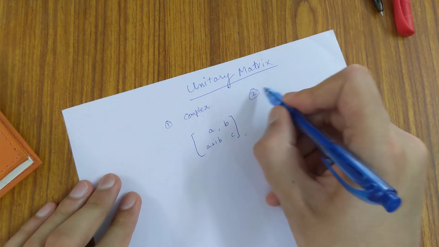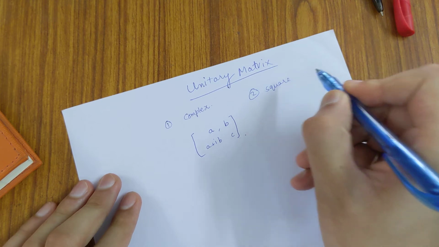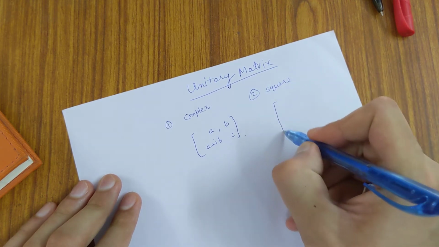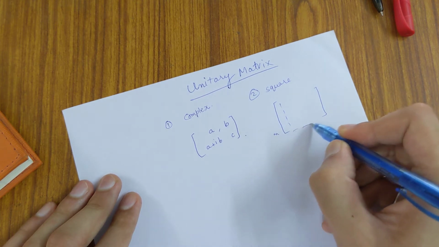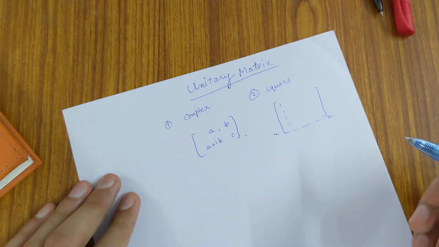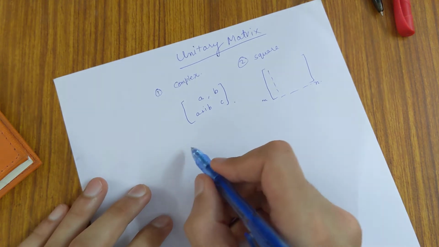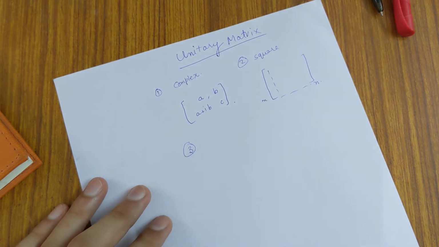The second condition is that it has to be a square matrix. A square matrix is one where the number of rows is equal to the number of columns. Let's say we have n rows, then we have n columns. Okay. And the third condition for a unitary matrix is basically